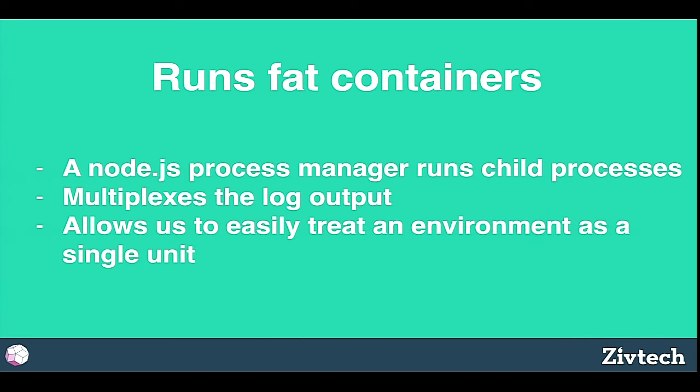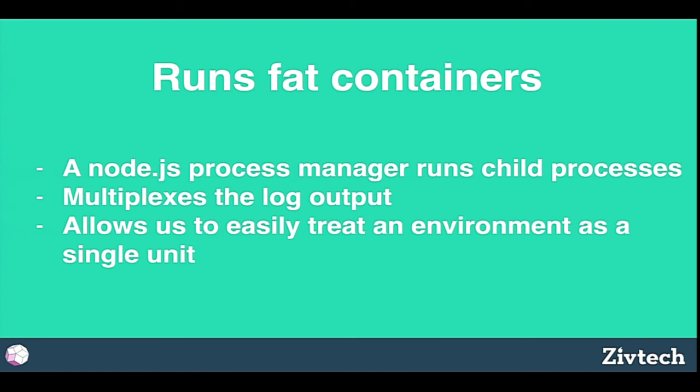And then that also allows us to easily treat any environment as a single unit. So that's really useful for us because it means we can archive your whole thing with one Docker command. It means that Docker's C groups that it sets up for you will apply to all of those processes, which means that it's easier to do resource isolation without having to layer something on top of Docker's C group handling, find all those process IDs and assign them to a group every time you do something with a container.